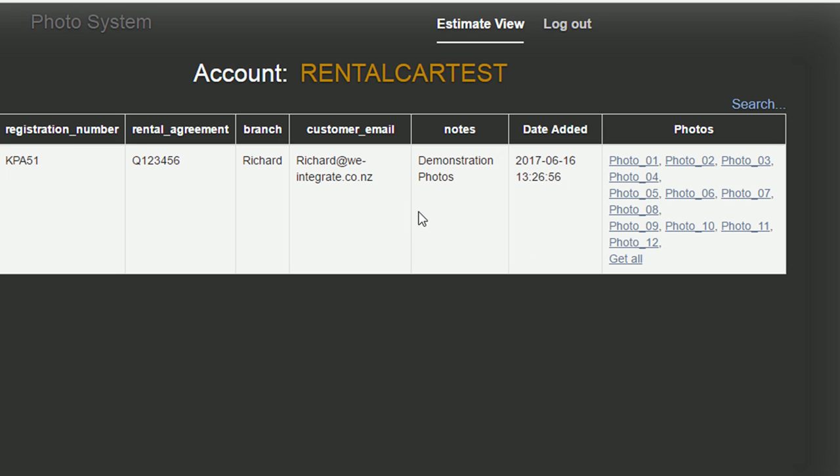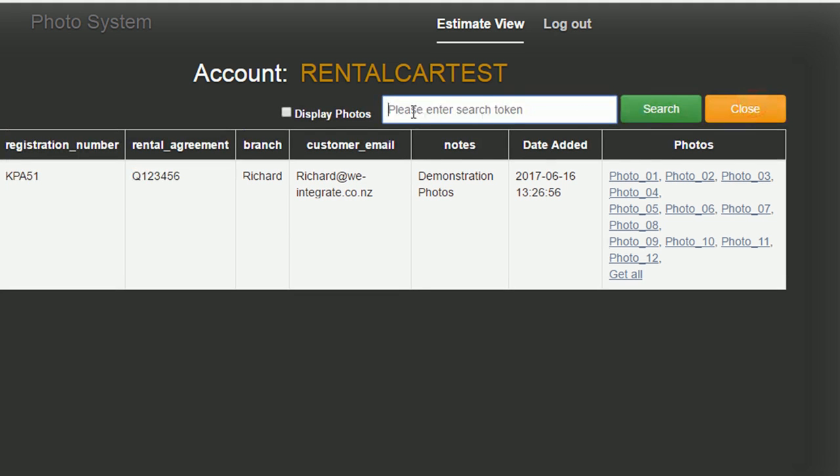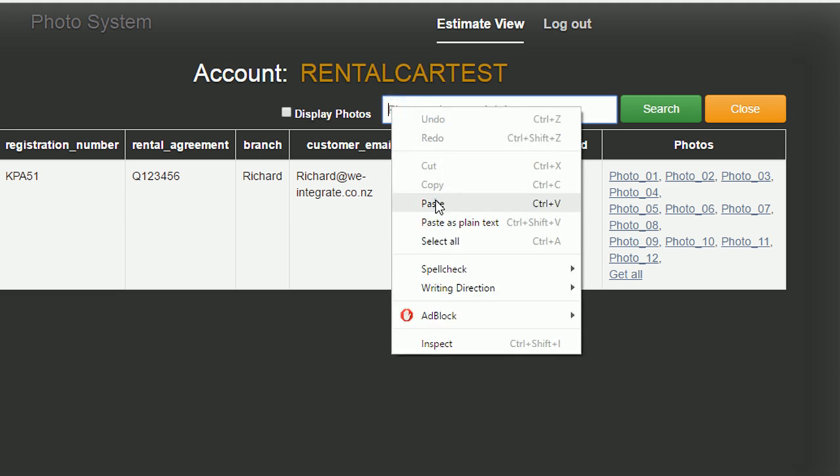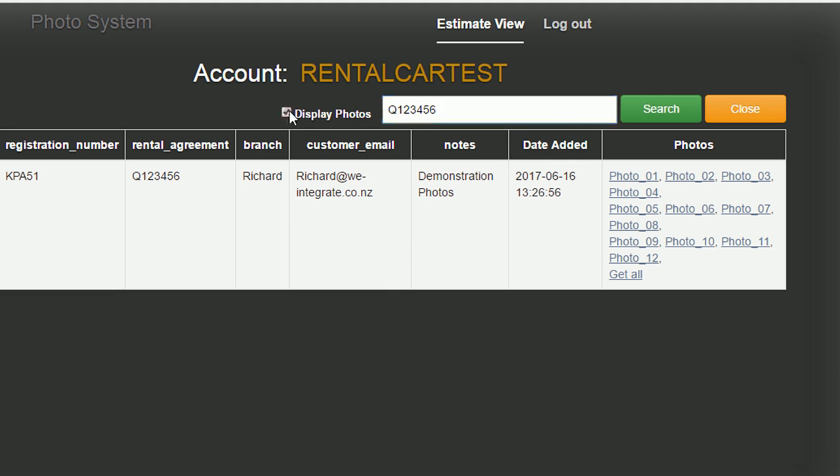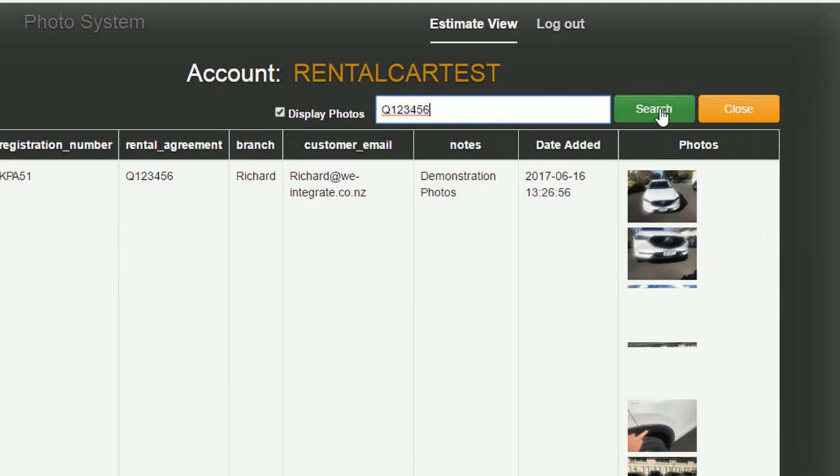So you'll come back in, and what's easiest to do, once you've got to this stage, is to grab either the registration number or possibly the rental agreement. That might be the easiest. We simply drag and drop, copy that, and go across to the search function on the right hand side, click search, and drop it into the search field. What we might do is tick the box to say we want to display the photos when they come up, and we click search. Now what happens is that these photos come up with the thumbnails down the right hand